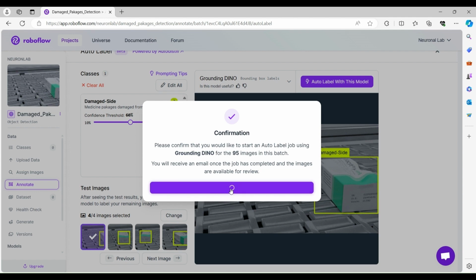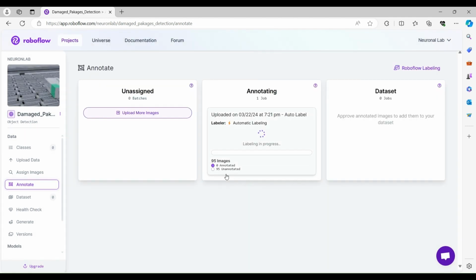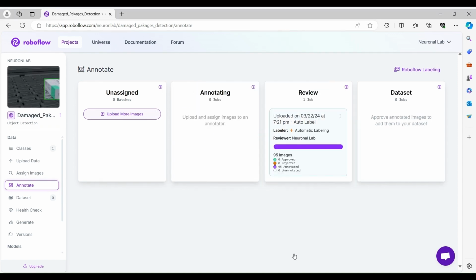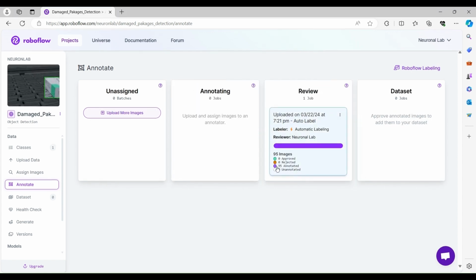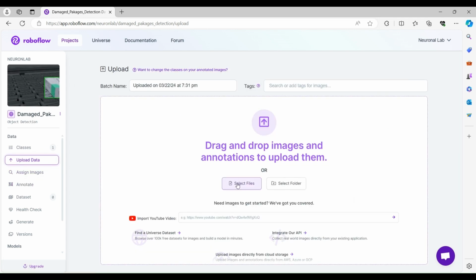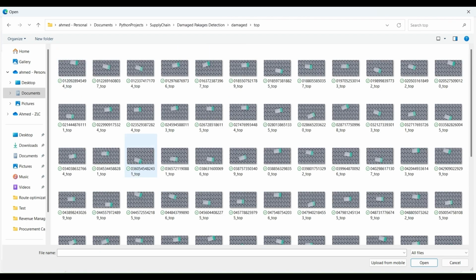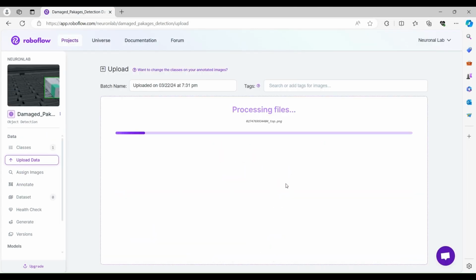So we'll continue, start auto labeling. This is going to take a while. Now, as you can see, 95 images have been successfully annotated for the damaged side packages. Now we will go and do exactly the same for the damaged top images. So let's do this. We go to upload data, select, we have damaged top, select all of them,